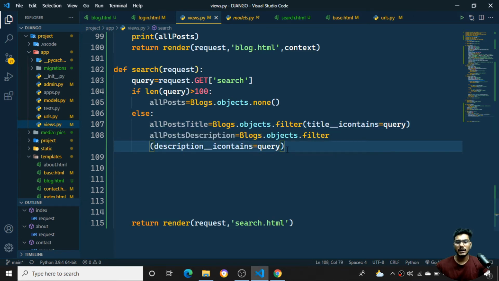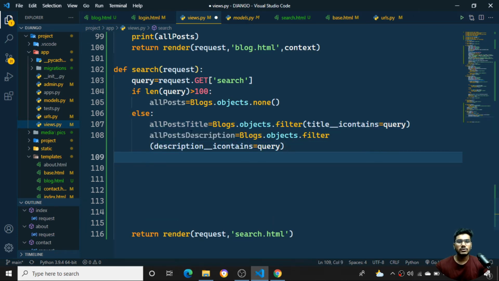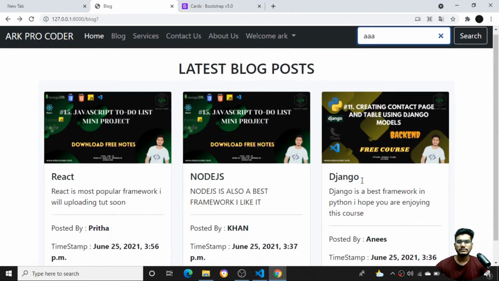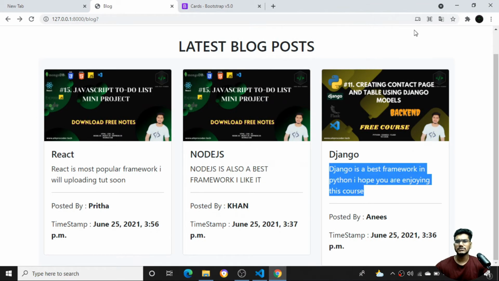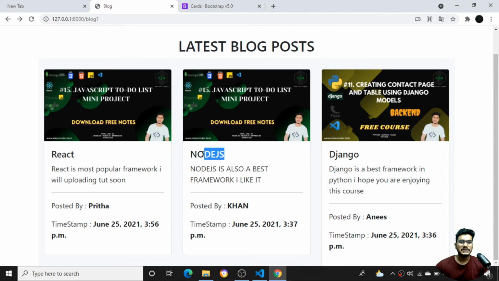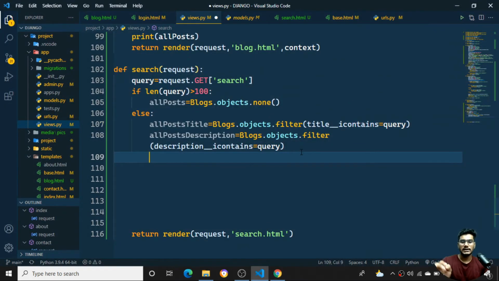So once it is done, what I'll do here is I'll union both of these things. If I am getting a match from this content, I want to get that particular full thing. That means if I search for Django and it's not matching with the description, I still want to get this post. If I search for framework and it's not matching with the title, I want to get this particular post, like that. So for that I need to union both of these things. If I get any one of them, I need to post it. So I need to give the results.